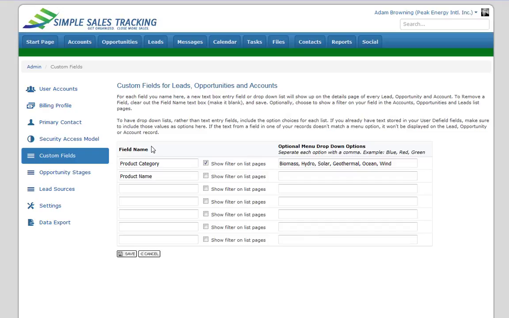You can see there's two custom fields already created for our group here. One is a drop-down list and one is configured as a text entry box. Those are the two options that you've got for custom fields in the software. You can see the first, product category, we've got biomass, hydro, and so on as drop-down options. The second one, product name, is blank, and so that will show up as a text box in the data